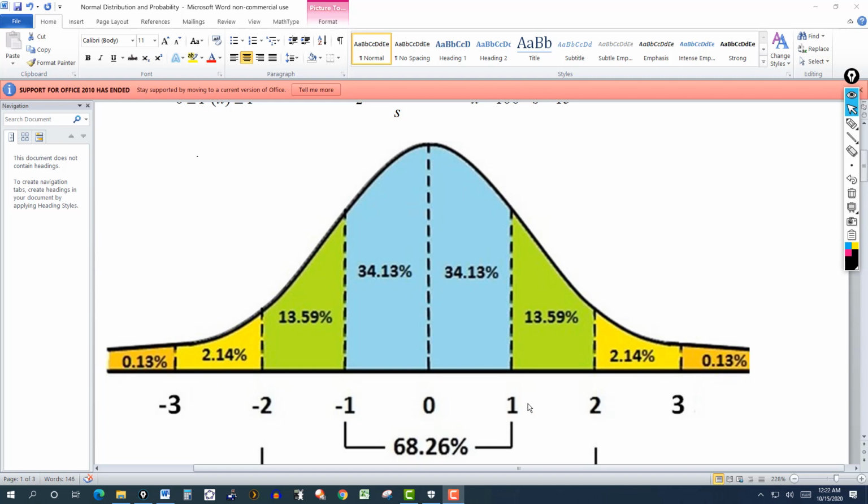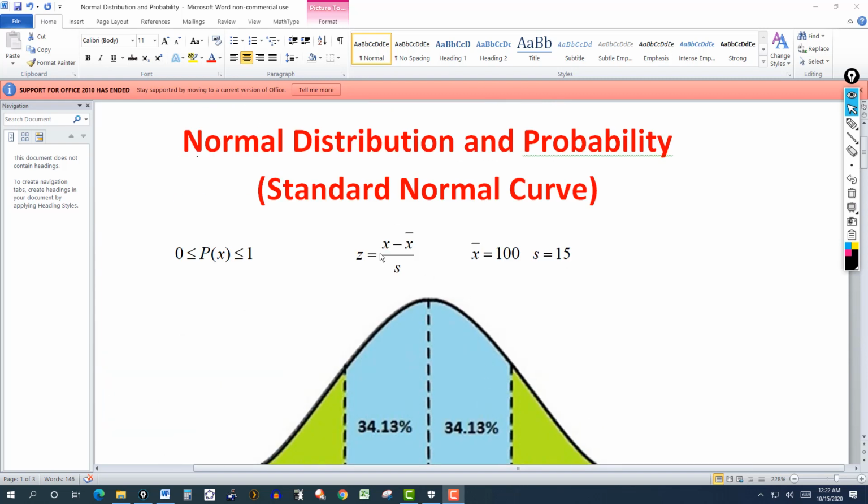Now, this formula right here is used to determine these values that we have on the baseline of this horizontal line. In this case, x represents a value in the distribution. X bar represents the mean, and s represents the standard deviation. The standard deviation, of course, is the extent to which data values deviate or vary from the mean. So if you have a standard deviation of 15, that means each value is approximately, on average, a distance of 15 units from the